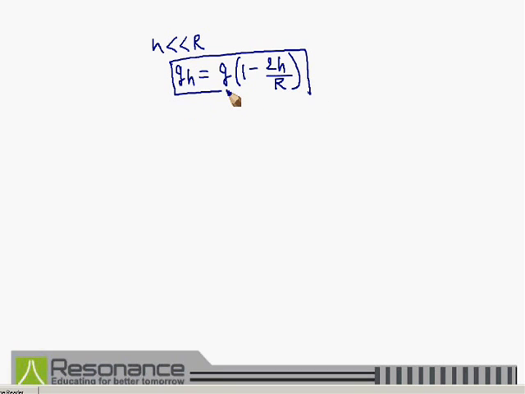When h is small compared to R, this equation may be used for calculating the acceleration due to gravity at any point h above the Earth's surface. So, we conclude here, as we go above the Earth's surface, the acceleration due to gravity g decreases. Now, we see the variation of g